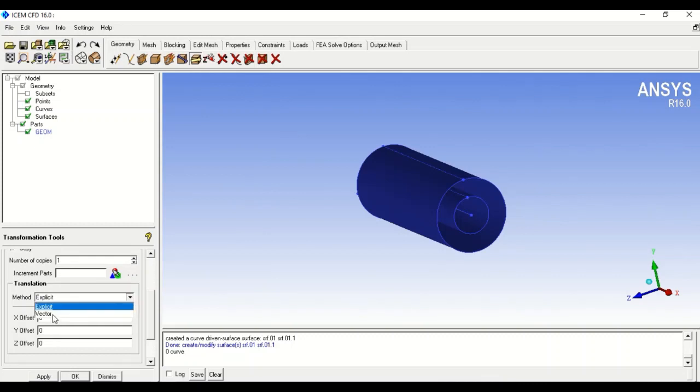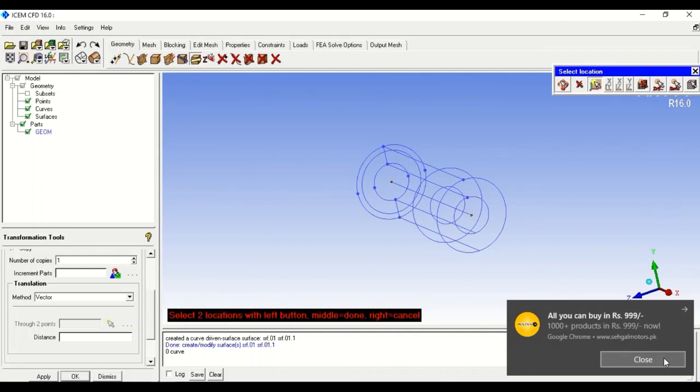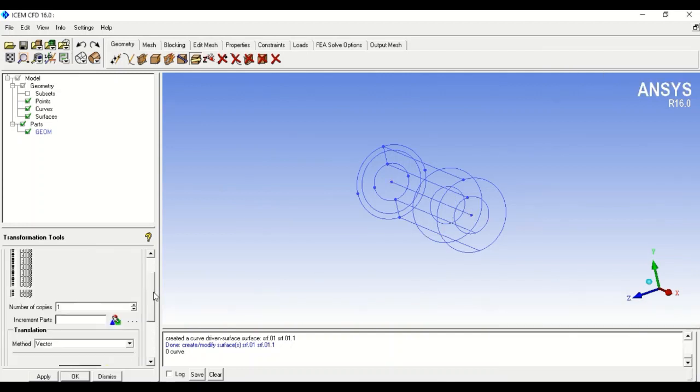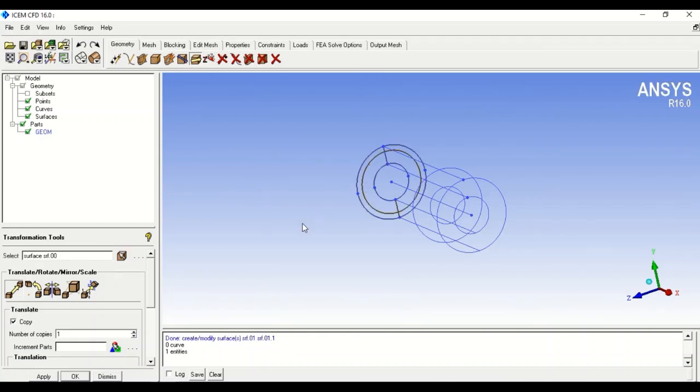Then I am selecting translate by vector to copy my surface from one point to the other. I am selecting this point because I have to copy this surface from this point to this point. Now I am selecting the surface which has to be copied. Now after clicking on apply,